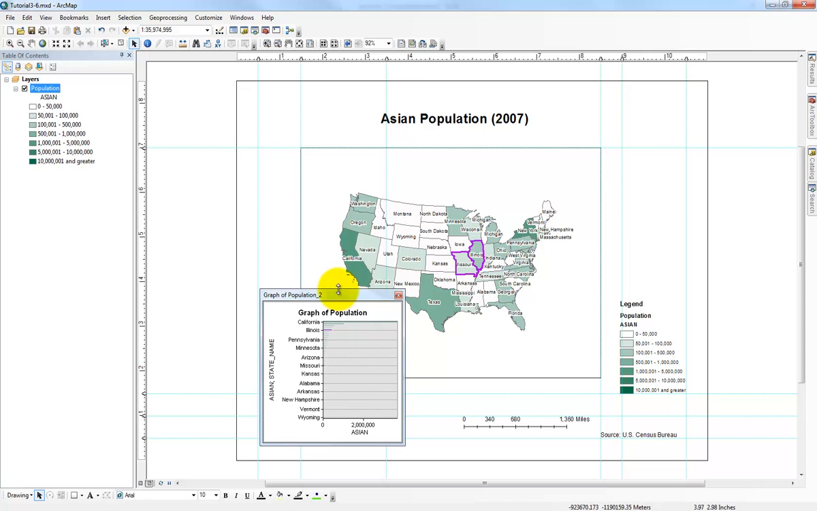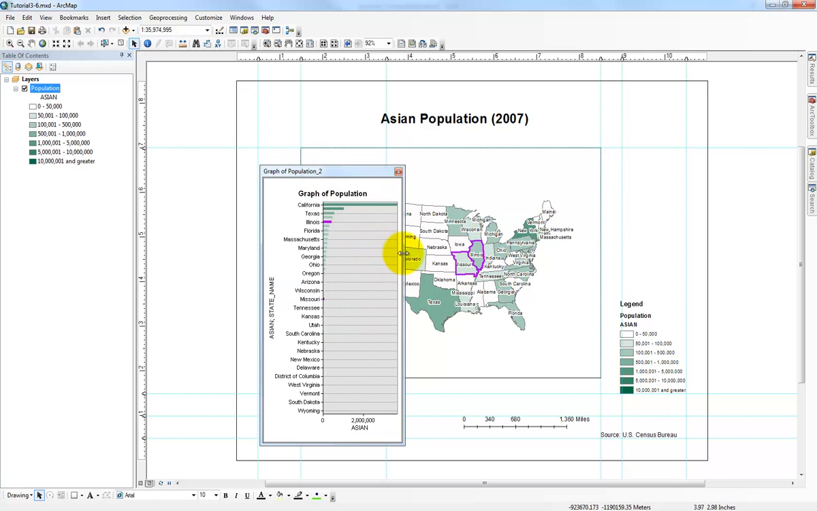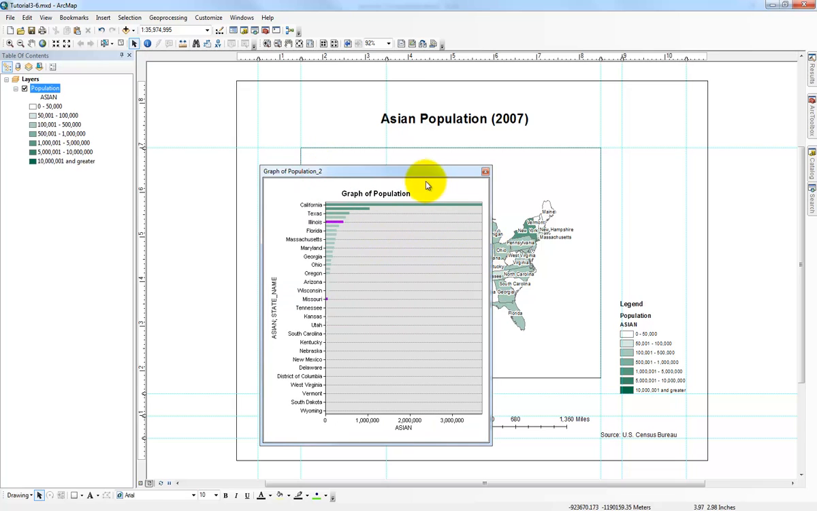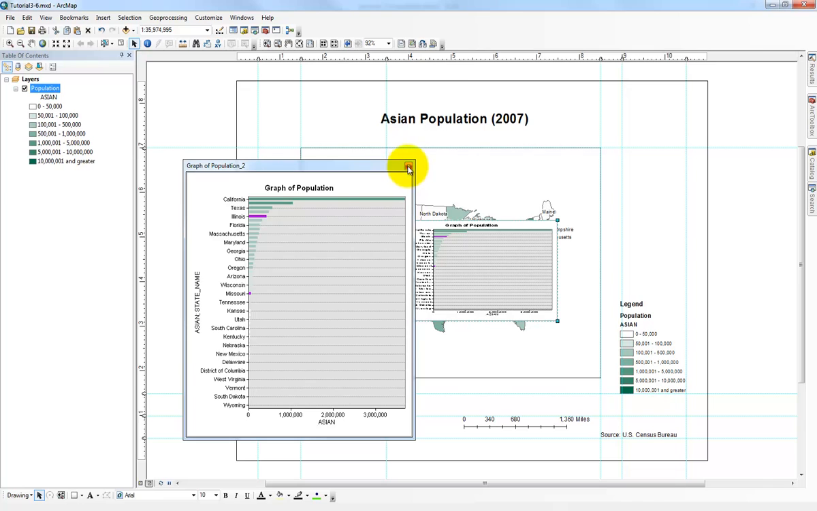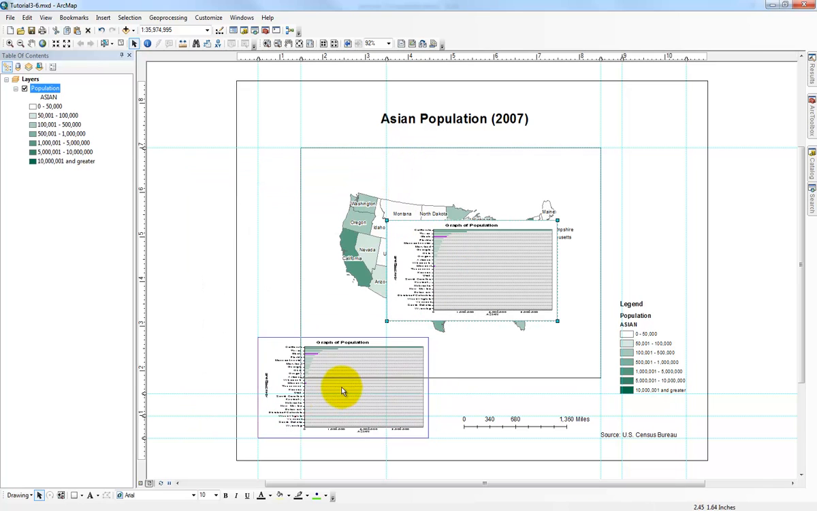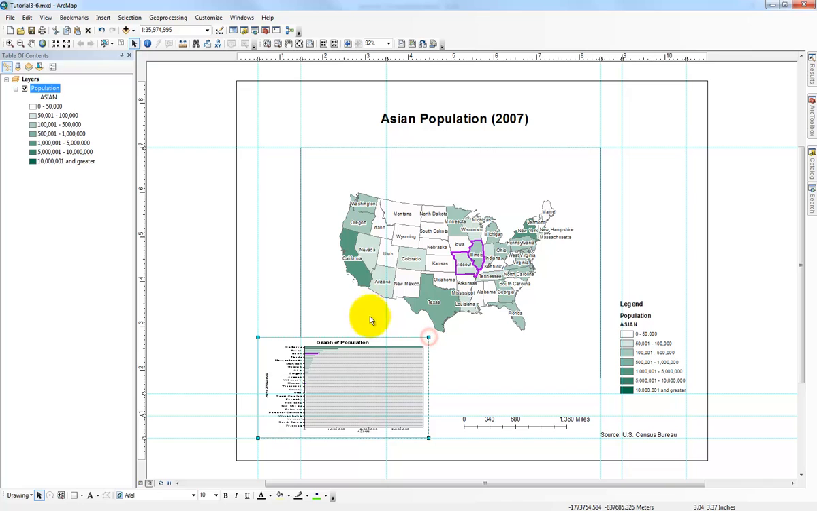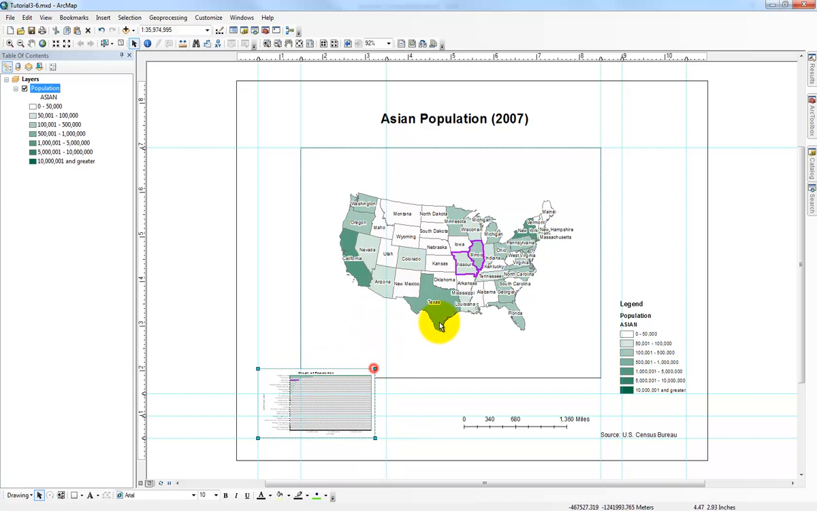So in order to add this map, this is actually a freestanding graph right now. So if you want to add this to the layout, you have to right click and say add to layout. So that's how you add it, and then you can obviously resize it,